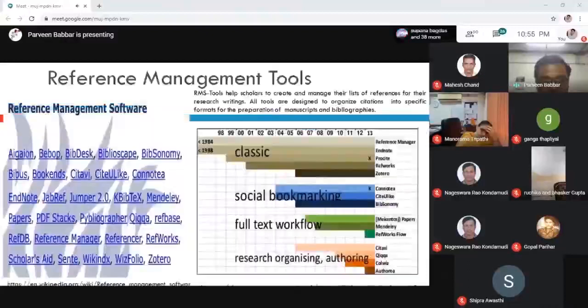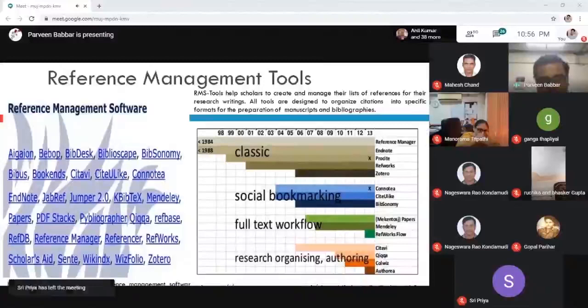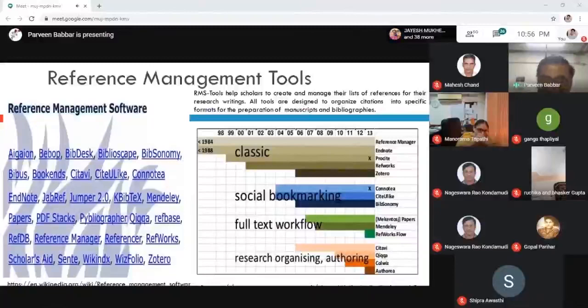There are nearly 30 reference management tools available today. Some are commercial and some are open source. I have mentioned in this slide that all 30 reference tools are available in the market. It is not new actually.